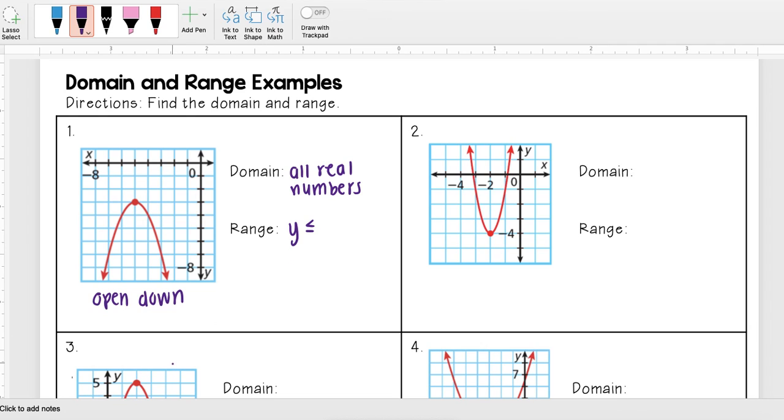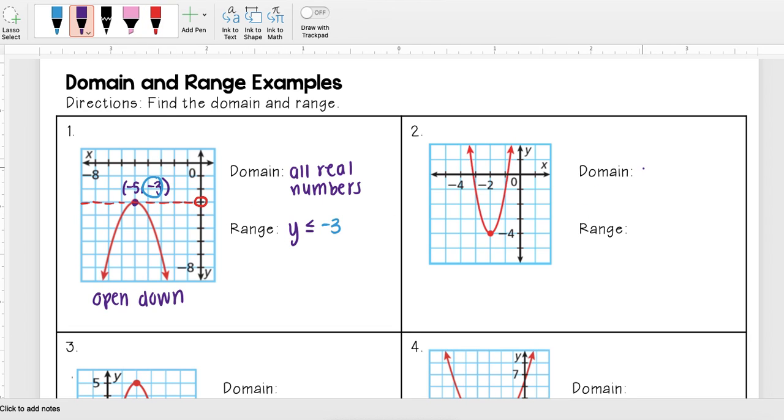And so now I need to figure out what the y value of my vertex is. Well, my vertex is right here, and I see that's at 1, 2, 3, 4, -5, 1, 2, -3. And so that means it's going to be y is less than or equal to -3. Another way you can look at that is if I were to draw a line here, see that's at -3, and the graph is going to everything smaller than -3. So that's how we get that y is less than or equal to -3. Okay,